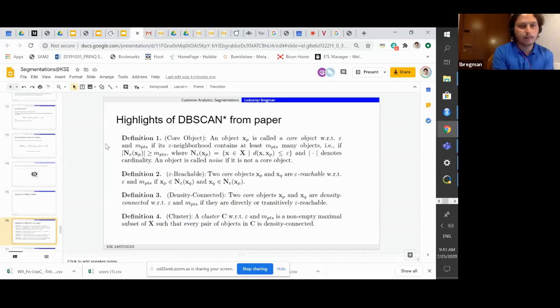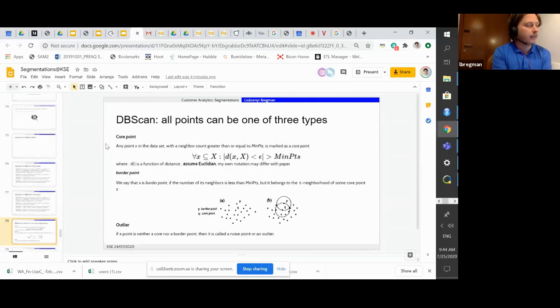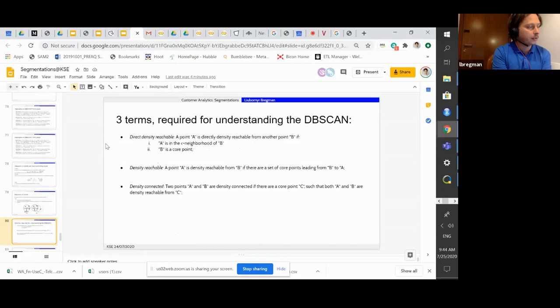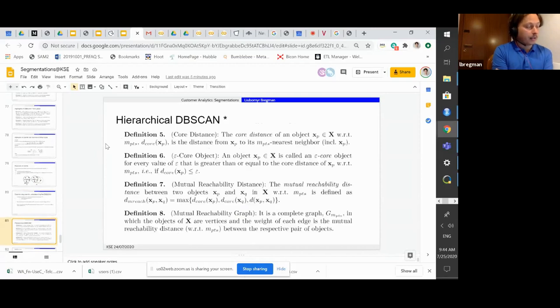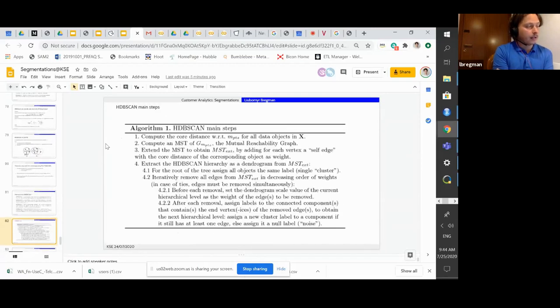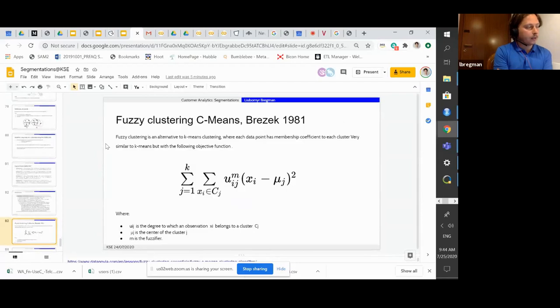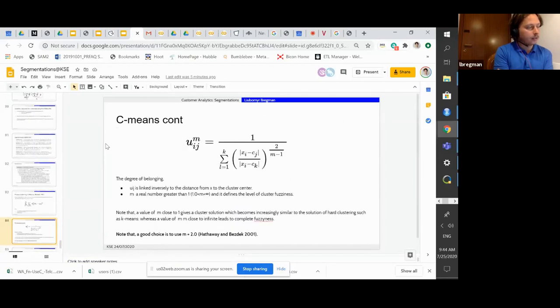We split them into those customers who are inside the cluster and those in the outside part of the clusters, and those which are reachable and not reachable. And also some additional details, the same for HDBScan algorithmic steps, and also for fuzzy clustering.